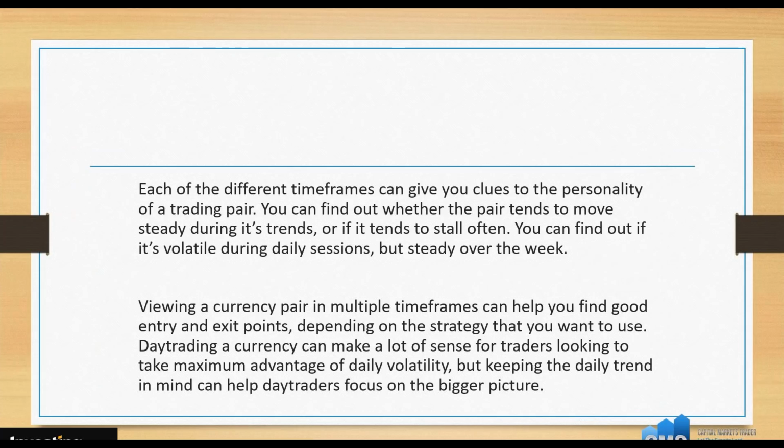So we've talked about the different types of charts. We've talked about time frames. So each of the different time frames give us a clue to the personality of a trading pair. You can find out whether a pair tends to move steady during its trends, or if it tends to stall out. You can find out if it's volatile during a daily session, but steady over the week. Or sometimes